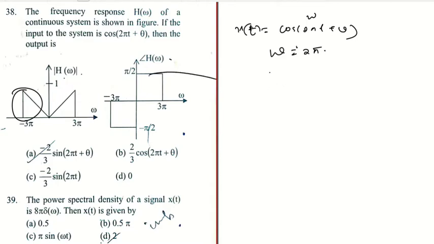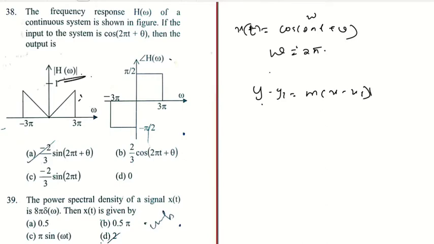And here we know the positive phase shift of pi by 2 is given because it is constant all along, but here we have to find out the impact of H of omega on our signal when omega is equal to 2 pi. So for that I am going to write the equation of H of omega. We know that y minus y1 equals m into x minus x1. This is actually a line, so I am going to use that equation.